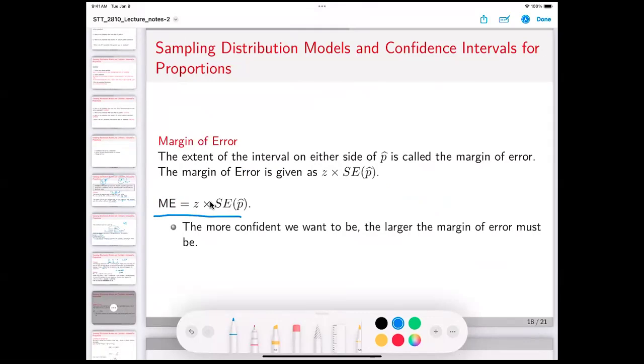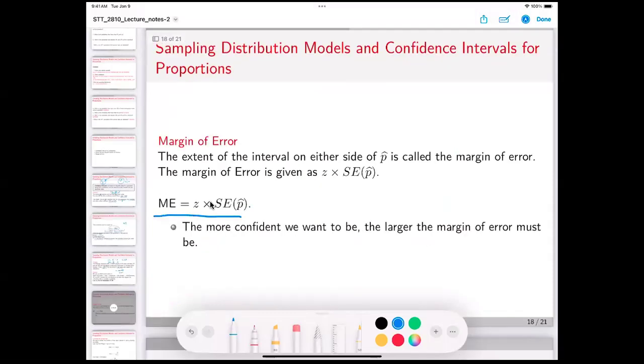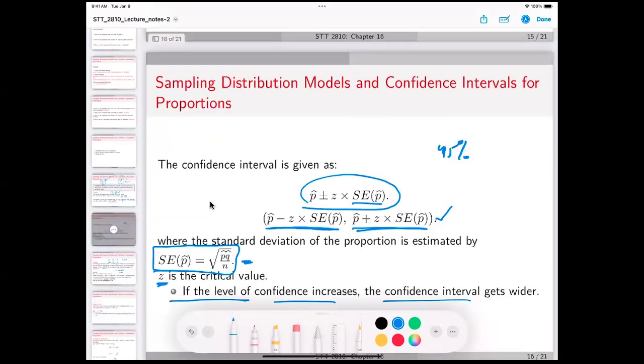Now, the margin of error is also related to the confidence interval. Now remember, let's look at this formula here. What did we say the margin of error is? It's Z times the standard error, isn't it? Can you also agree that when we look at this formula here,